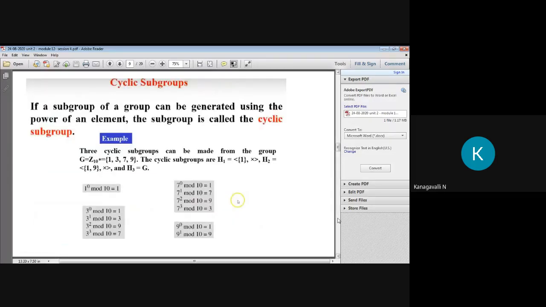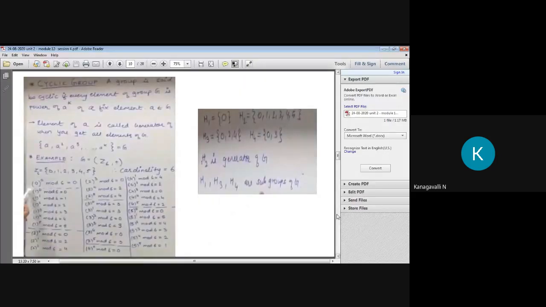Then see this cyclic group as an example. Same as the previous one. So 7^0 mod 10, that is 1, right? Then 7^2, sorry, 7 squared is 49 mod 10. What is the value? 4 tens are 40, so the remainder is 9, right? So similarly, this is how to check all the cyclic groups. I'll share this PPT on your Google Classroom. Please check clearly. See the sum carefully.